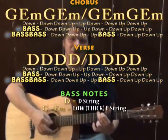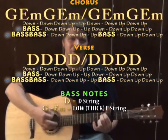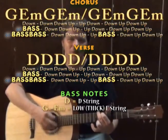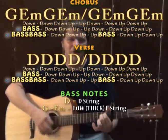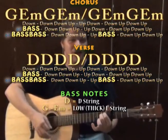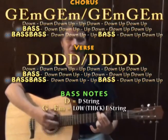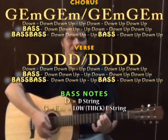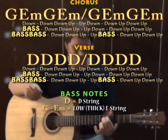We'd have G with a down, down, down, up, down, down, up, down, and you might go down, down, down, up, down, down, up, down, then G, E minor, down, down, down, up, down, down, up, down, up. Now, if you like the bass idea though, kind of throw those in too, and you can have G